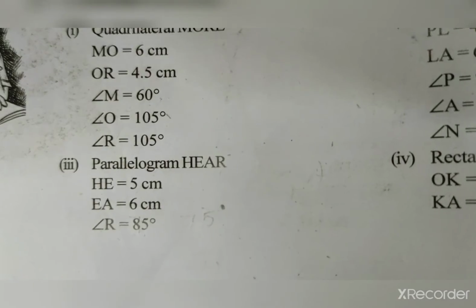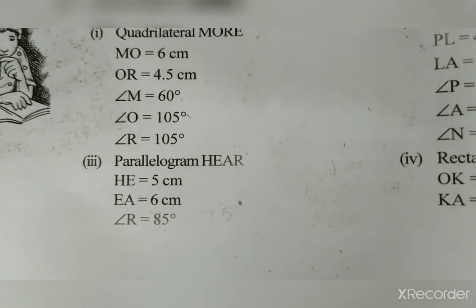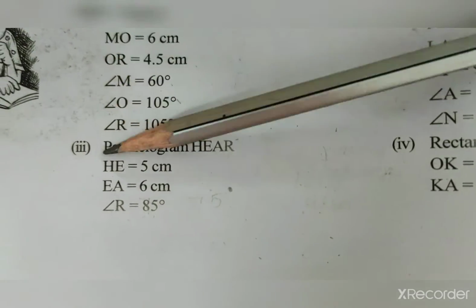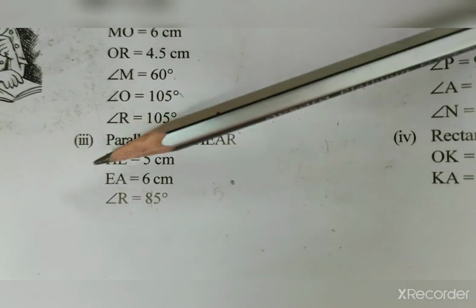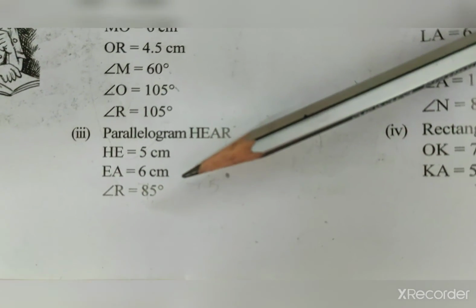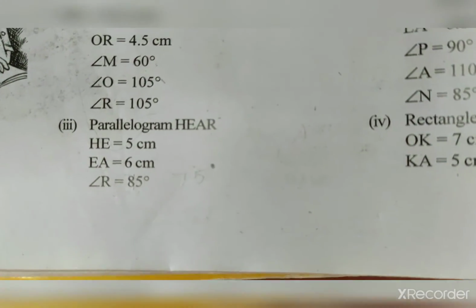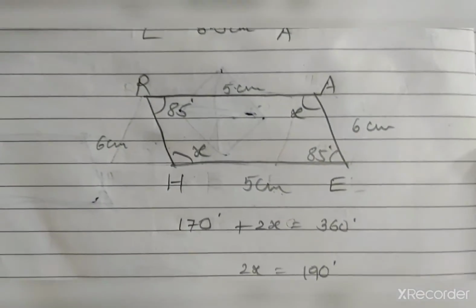Now see in the third question, parallelogram. In parallelogram HEAR, HE 5 centimeter, EA 6 centimeter, angle R 85 degrees. It's not possible geometrically, so with the help of protractor you can measure. So first I will show you a rough diagram. In the rough diagram you can see